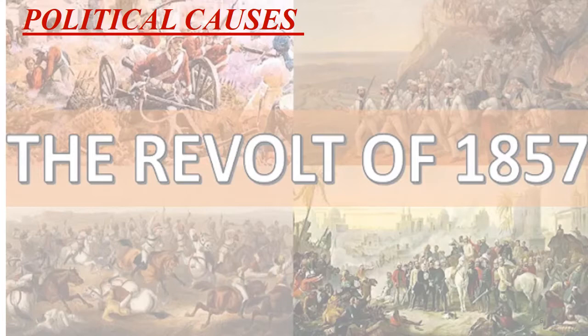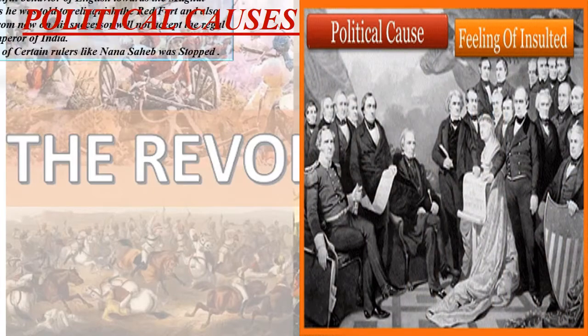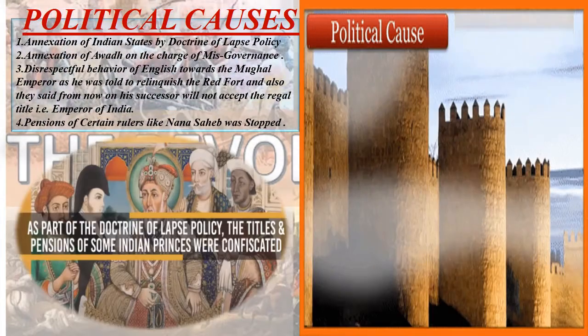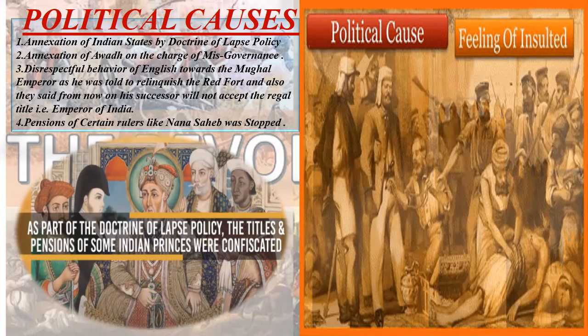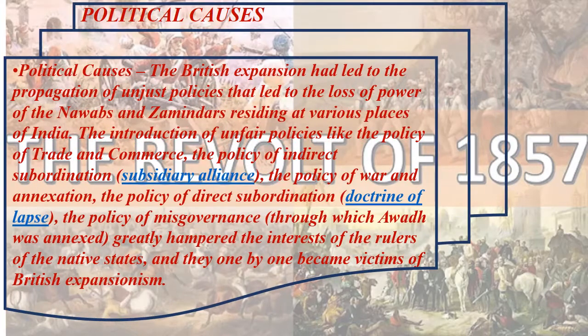Many Indian rulers lost their territories after the British conquest of India. Policies like the subsidiary alliance and the doctrine of lapse caused resentment and insecurity among the affected rulers. The British refused to accept Nana Sahib, the adopted son of Peshwa Bajirao II, as his legal heir, and stopped paying him the pension that was given to Bajirao. This caused Nana Sahib to revolt. In 1857, he led the attack on Kanpur.